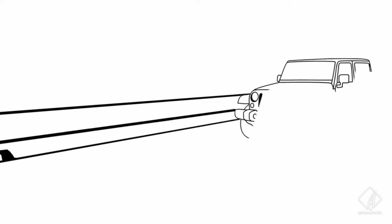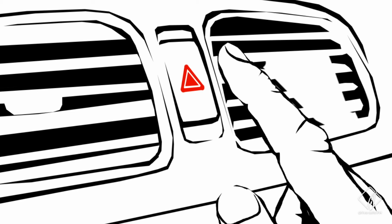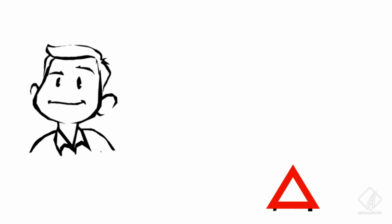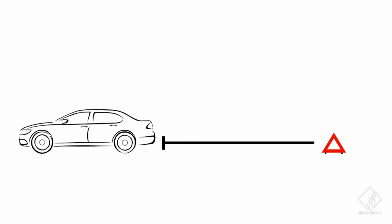You must find a safe spot to pull over. Step 2. Turn on your hazard lights. If you are on a one-way road, set up the red triangle first. Based on the recommendation of the LTO or Land Transportation Office, you must put it at least 4 meters away behind your vehicle. To alert other motorists from a distance, set up the yellow triangle at least 4 meters away